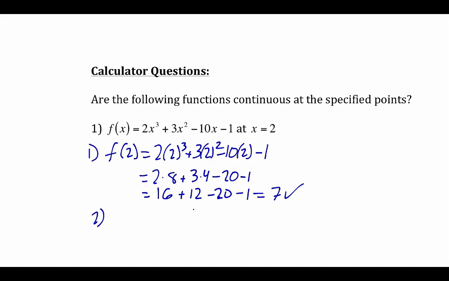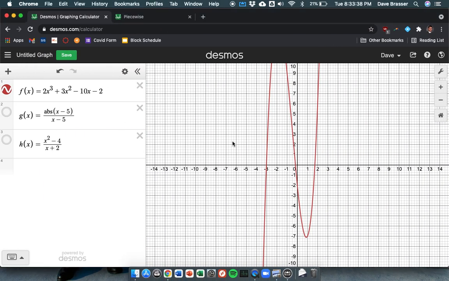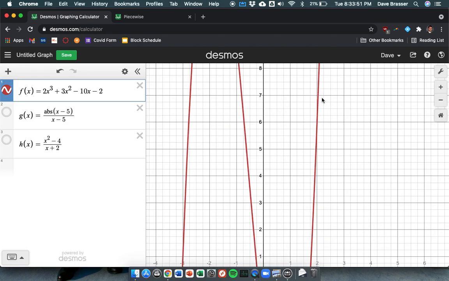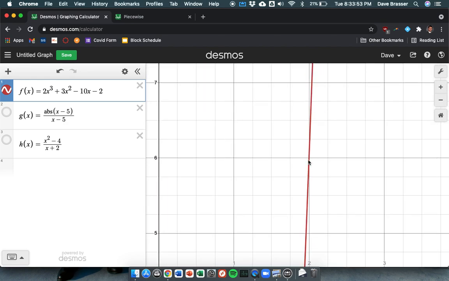Now for the limit part. So the limit as x approaches 2 of this function f of x. This is where we're going to need to go to a calculator. Now I've already put this on Desmos, so you can use Desmos, you can use a graphing calculator, whatever works best for you. So I've already graphed it. Looking at this, when x equals 2, it looks like both sides are approaching the same point. It's really kind of hard for me to get exact. Usually it'll let me jump to it specifically. But it looks like it's approaching about